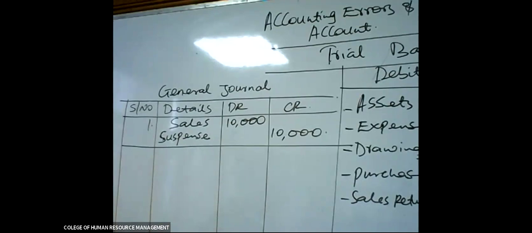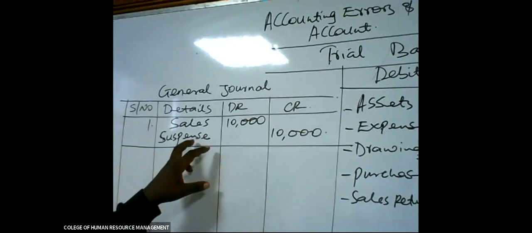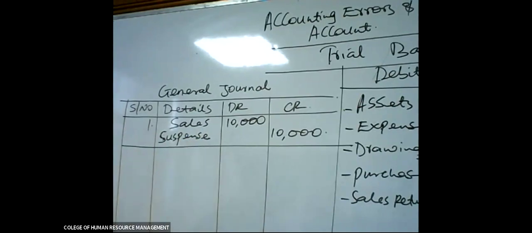Errors which do not affect the trial balance are not going to attract the use of suspense. Error of omission, error of commission, error of principle, complete reversal, transposition errors, they are not going to make use of the suspense account. Kindly remember that. The errors for which we are going to make use of the suspense account are those errors which affect the trial